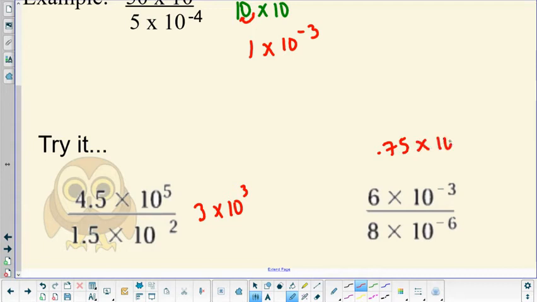All right, times 10. And then if I do -3 minus -6, let me write it out. -3 minus -6. There's that double negative again, so we're going to make them pluses. -3 plus 6 is going to give me 3. Okay, now just like before,